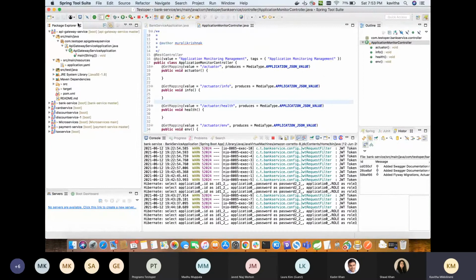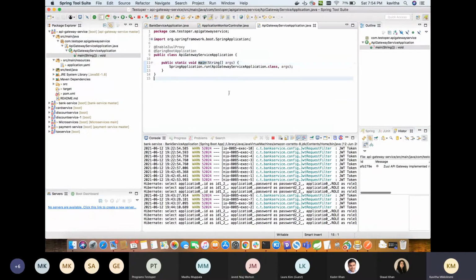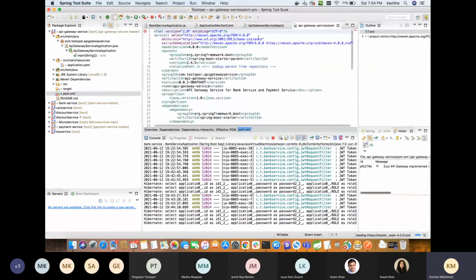So what we have done is, we've exposed the Zuul API gateway service here, which is also a microservice, and internally the EnableZuulProxy annotation is used, which will enable the gateway for the service we have written here.